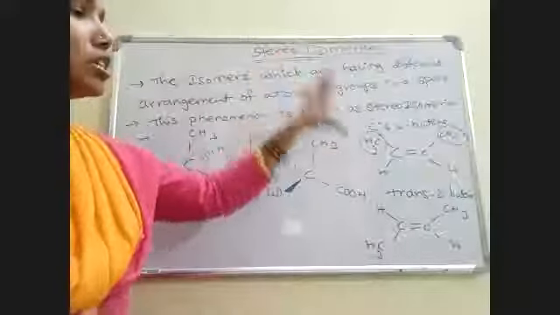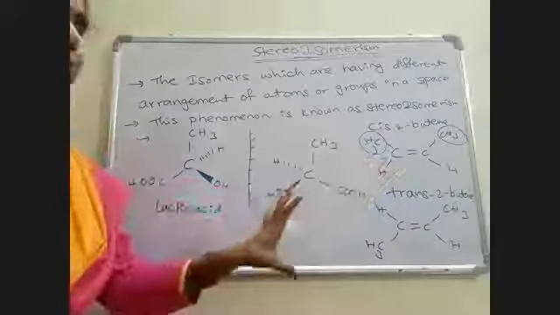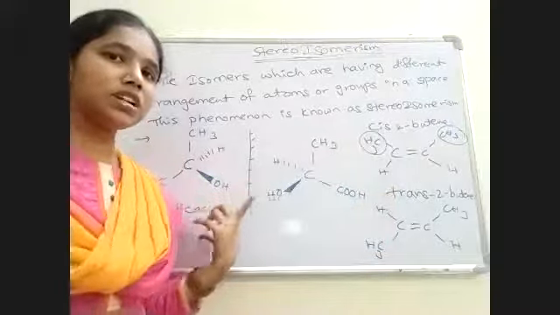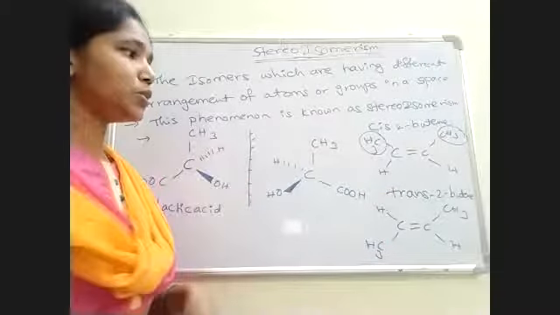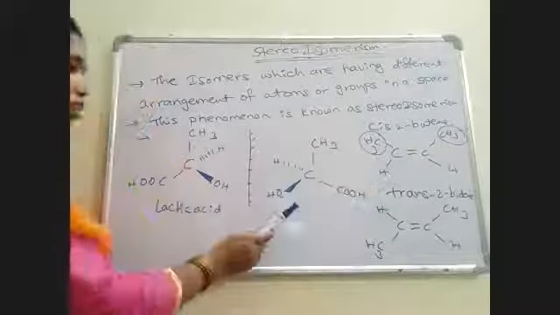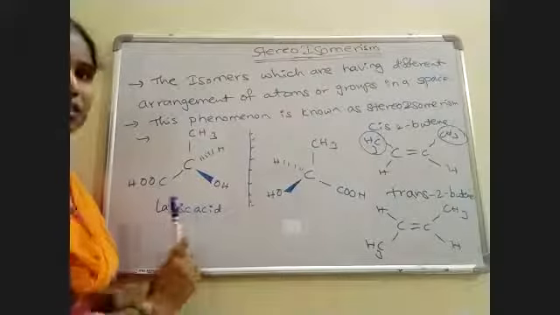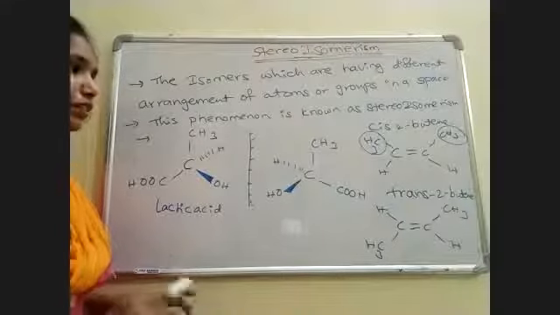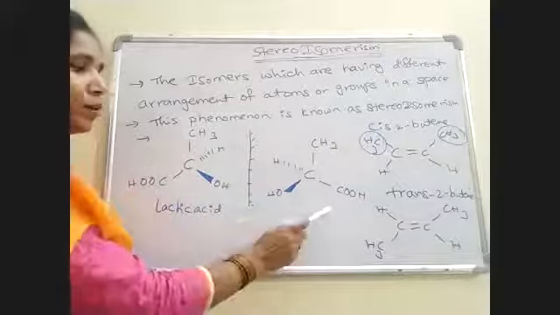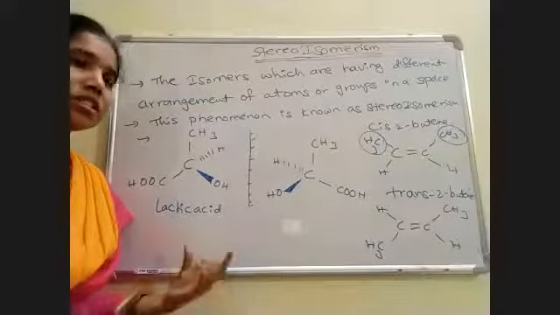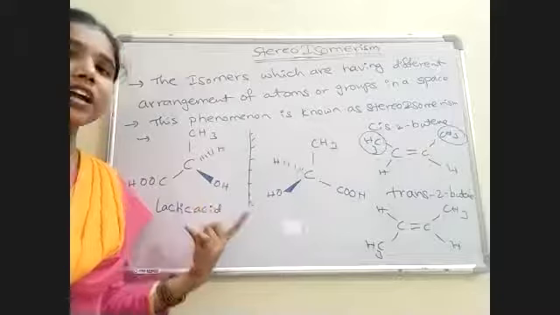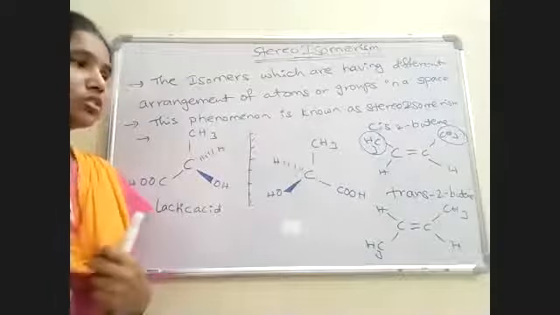So stereoisomers are classified into geometrical isomers and optical isomers. These two are called geometrical isomers. These two are called optical isomers. Today in this class we will study briefly about the optical isomers and what is the criteria to show optical activity. Okay,